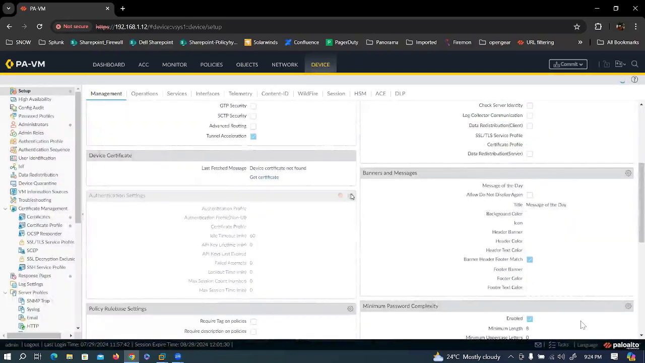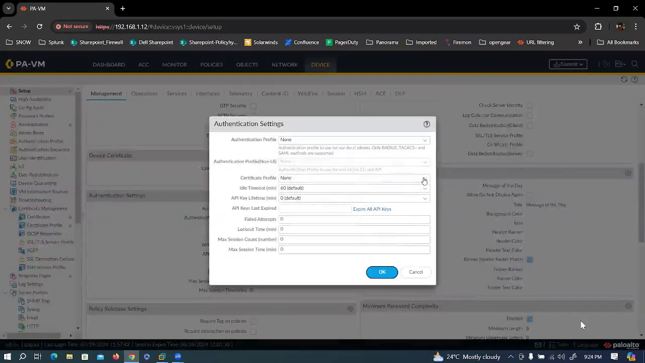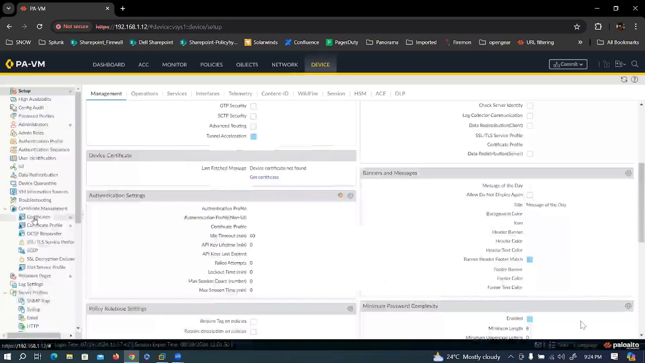In the authentication setting, we'll click on certificate. Can you see the certificate here? The certificate we have created, the client certificate. Just click on this. Once you click on OK, it starts working. And this client certificate should be downloaded,